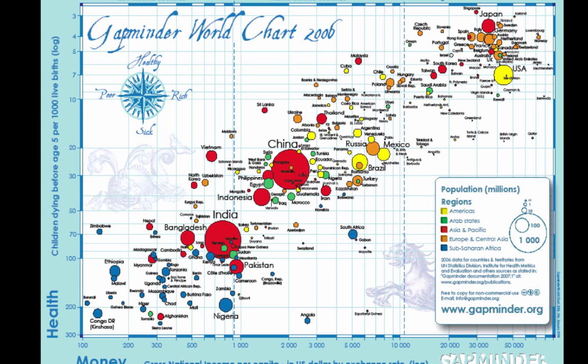And you're looking at the bottom as being what kind of money people have, and up the side you're looking at health. Now, this is only one example to show the differences in countries, from what we would call lower income up to higher income. They tend to have more money and they tend to have better health. And health is being measured by children dying before the age of 5. Out of every 1,000 live births, how many are not making it to age 5? That's considered by one measure as being poor health of a country. Countries with good health have very few babies dying before 5.